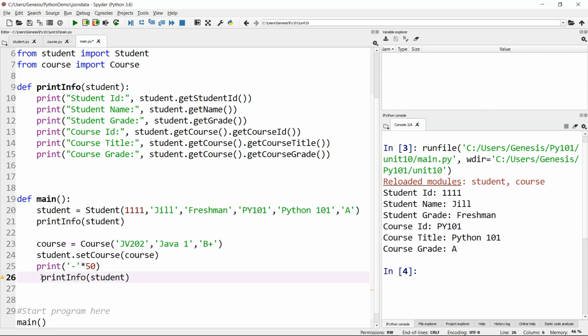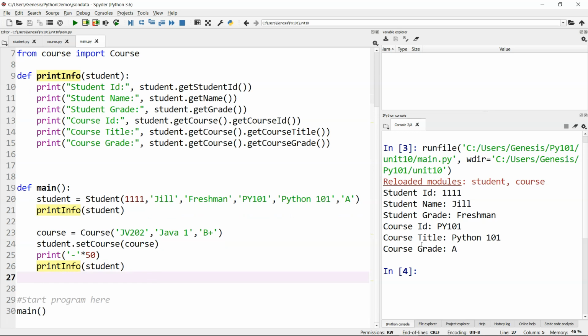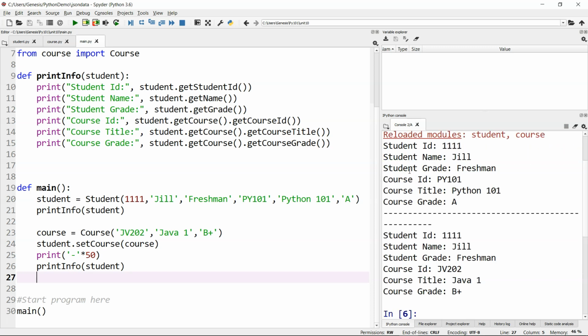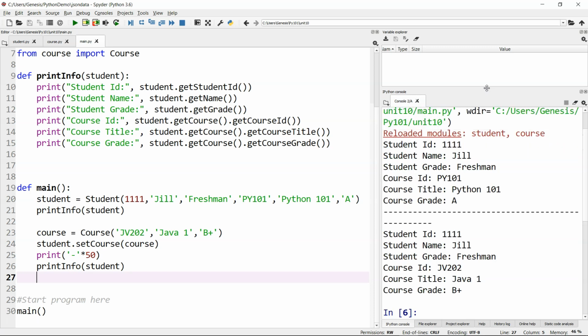Okay, and then I'll print that again. The second time around, it should have different course information. So let me clear my screen over here, and then click play. So here we go. Okay, the same student,